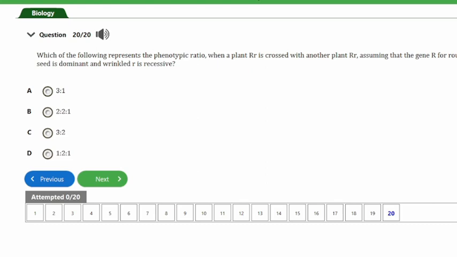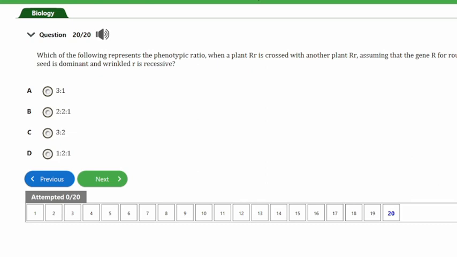So if we are to use that to ascertain the phenotypic ratio, you know that phenotypically, since the heterozygous has both the dominant and the recessive character, the dominant character will show more, and that means that 2 will be added to this 1, making it 3, and that will be 3:1. So 3 will have this character phenotypically, and then 1 will have just the wrinkled seed, and that will give us